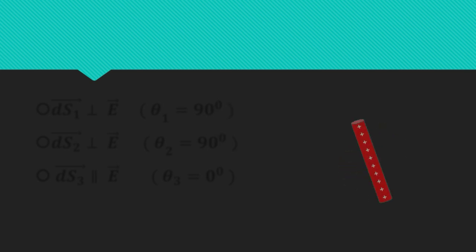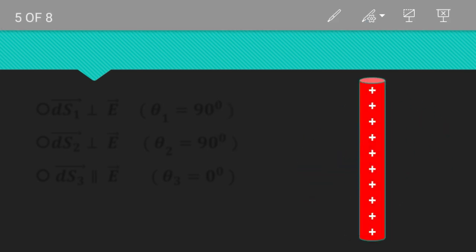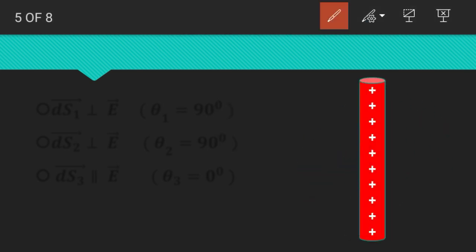Okay, the geometrical surface that satisfies this condition for this charge distribution is a cylindrical surface. Like this is the charge distribution. Then if I take a cylindrical surface out of it, look at this, all the lines of force are passing through in this way. So if I take a cylindrical surface like this, then for this surface, the direction of the area will be like this, and the direction of the lines of force is along the same direction. That is, the angle between them is 0. Okay, that's what we want.